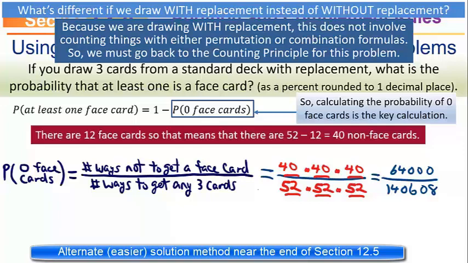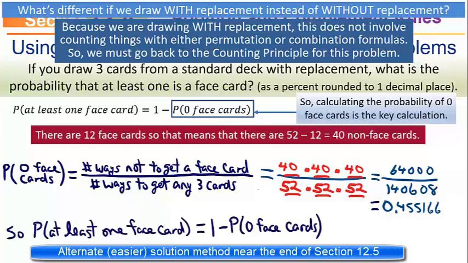Now the answer they want is decimals rounded to one place and as a percent. So we need to change that fraction to a decimal at some point. You might as well do it now. Always take quite a few more decimal places than you think you're going to need. It says to round it to one decimal place, but it also says to write as a percent. Writing it as a percent causes you to move the decimal place 2 places to the right. Then you want another decimal place of accuracy, that's 3. So definitely take, I would say, 5 or 6 decimal places for sure. So I wrote it as